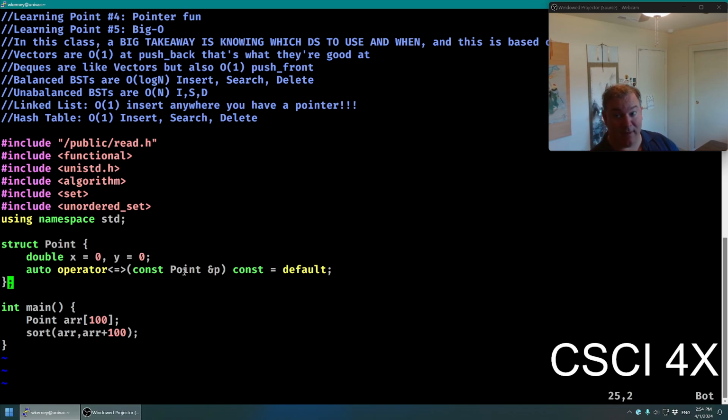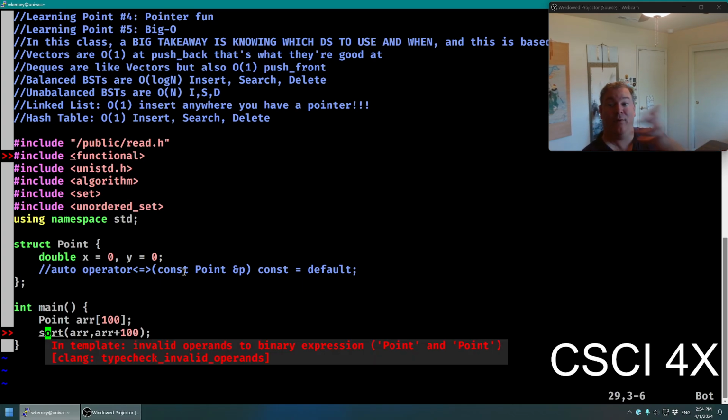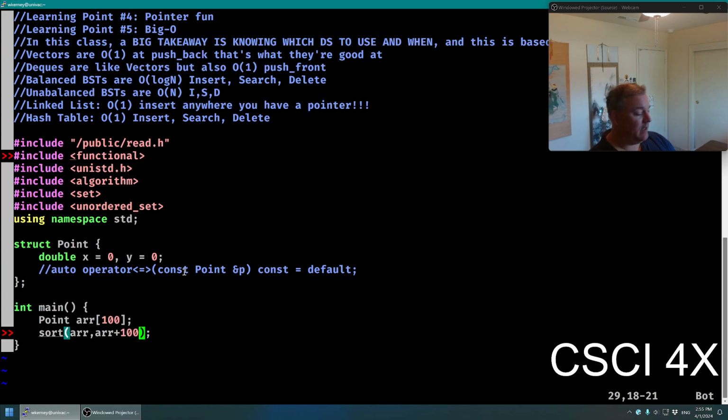Spaceship operator is great, but it's not always what you want. You don't always want to sort things in the order that the member variables are. Quite common. In fact, you'll have different ways of sorting things. Sometimes you'll sort based on zip code. Sometimes you'll sort based on income. It's quite common to want to sort things in different ways. And so in C++, we can pass a third parameter here. Right here, where I'm typing random characters, normally you could put a function in here. Like I could put a function called